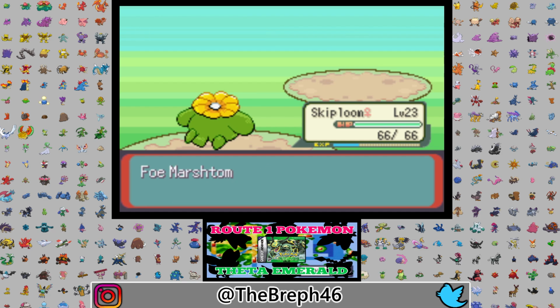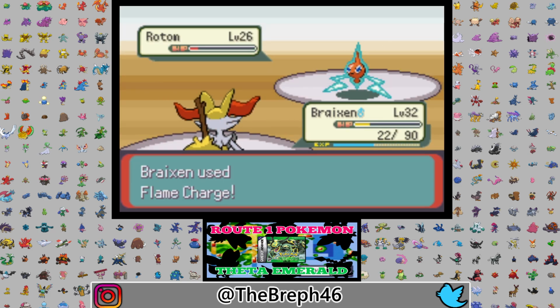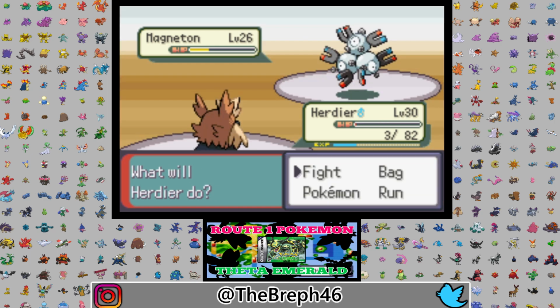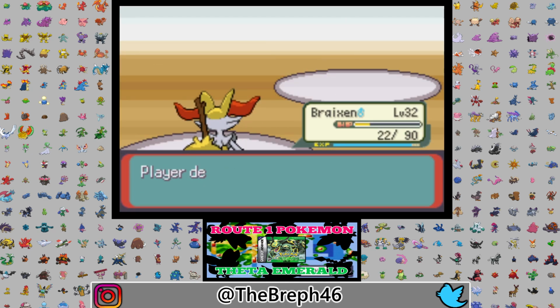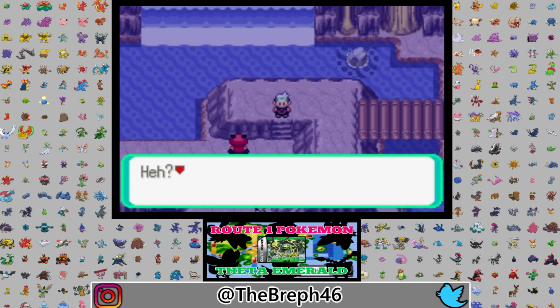Prior to the engagement with Watson, I did expect his levels to be a little bit higher than they actually were, so I ground everyone up to level 30, and it turns out I didn't need to do that, because we were just a touch too powerful at this point, and we completely and utterly decimated his entire team, claiming the 3rd badge and making our way up to Meteor Falls to watch that cutscene, and then up to Mount